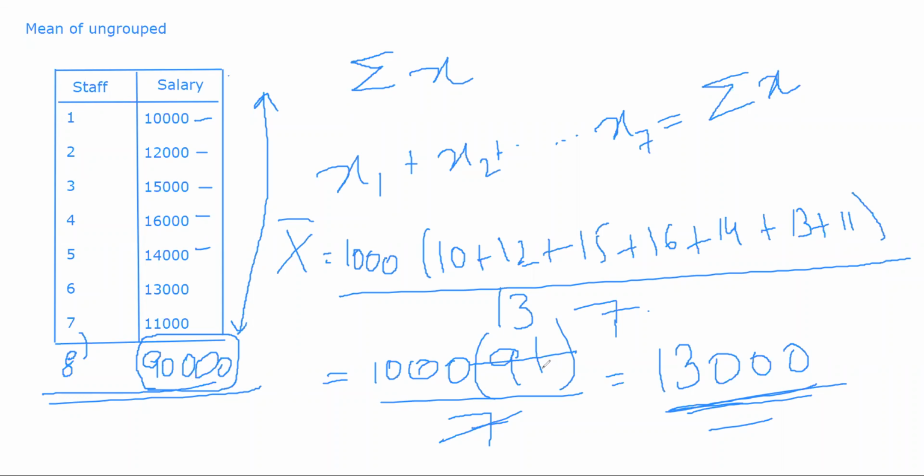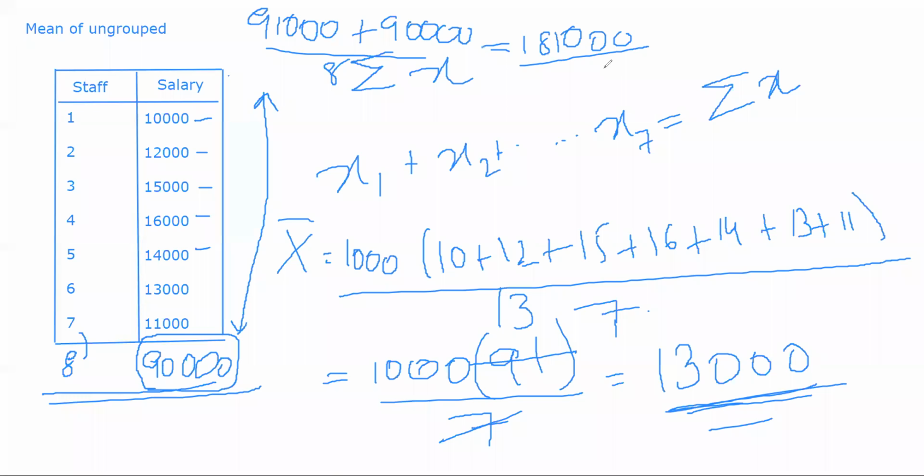If you calculate, let's suppose you calculate with this, here what happens, 91,000 was coming for 7 observations, plus 90,000, divided by 8, that is 181,000 or 1,81,000, either way, whichever you prefer, divided by 8. This will change the value a lot. How much is it? 16, 20, 20, so 2, around 22,000. Okay, roughly close to 22,000.